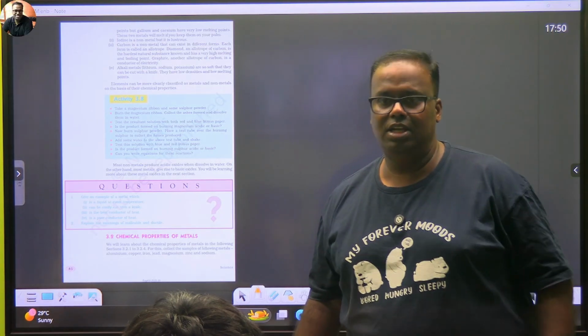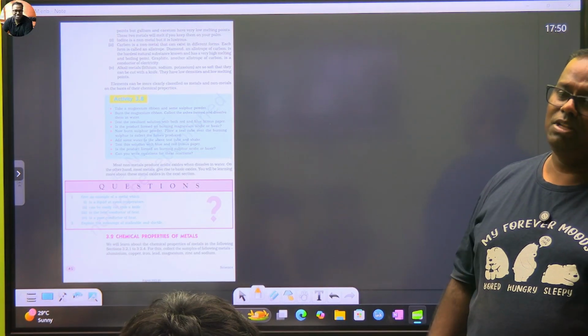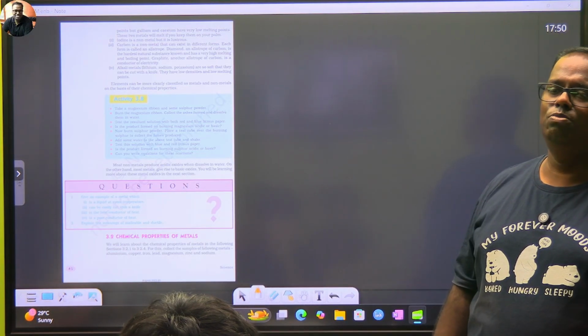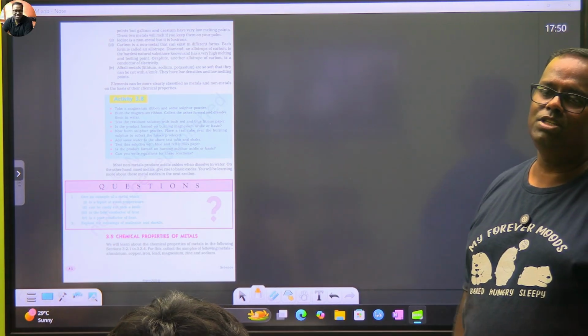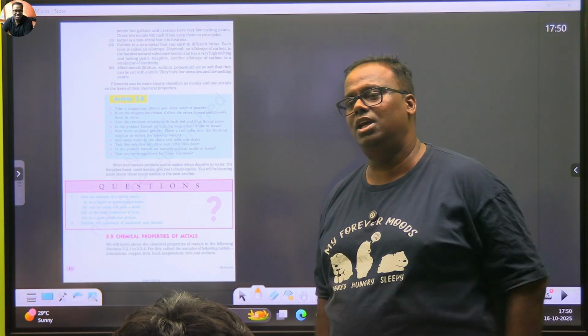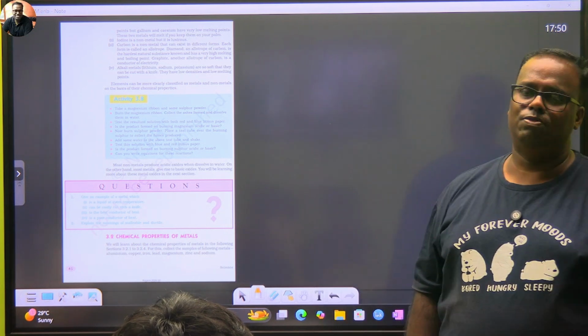25 degrees. India में 25 कहाँ रहता है? But we are a tropical country. But even in tropical countries, in a lab, when you say room temperature, everything is now air conditioned. And the air conditioned comfort is always 22 degree dry bulb temperature and 55% relative humidity. So every room is at 22 and 55.